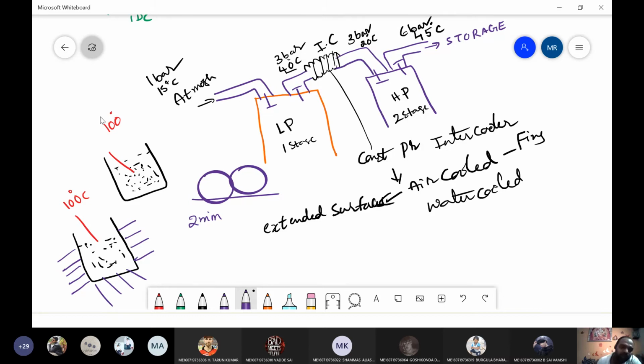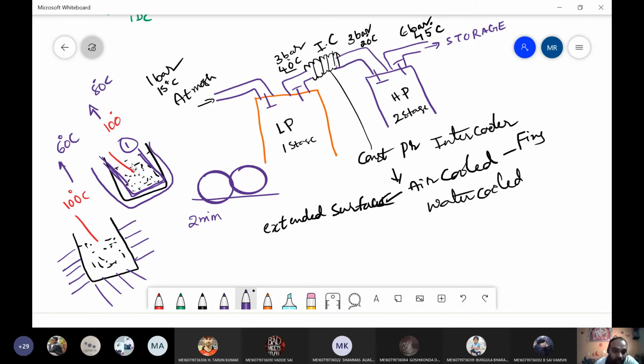Different, right? So it may read 80 degrees centigrade after 2 minutes. It may read 60 or 70 degrees centigrade. The reason here is, for this first bowl, this is the only area available to interact with the surrounding. This is my system. The thing outside the system is called surrounding. This is the area available for this bowl to react with the surrounding.